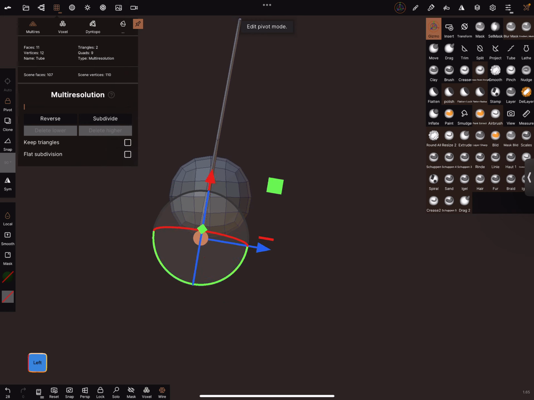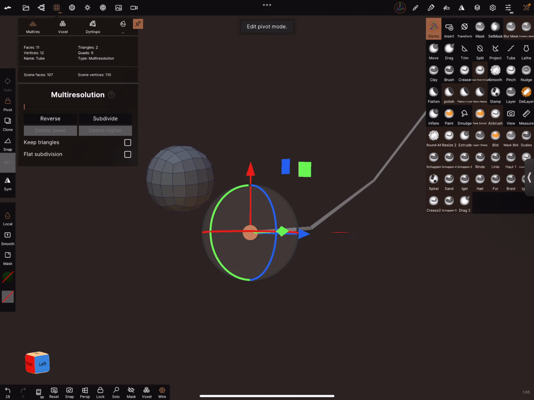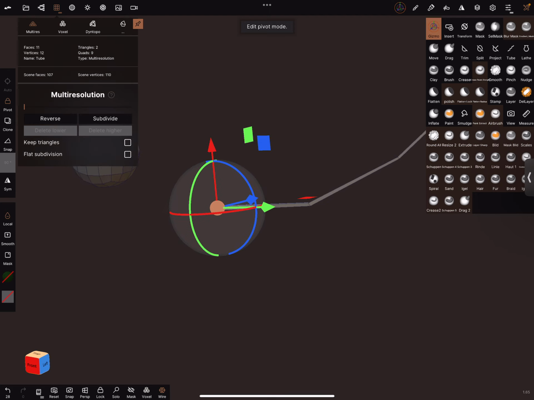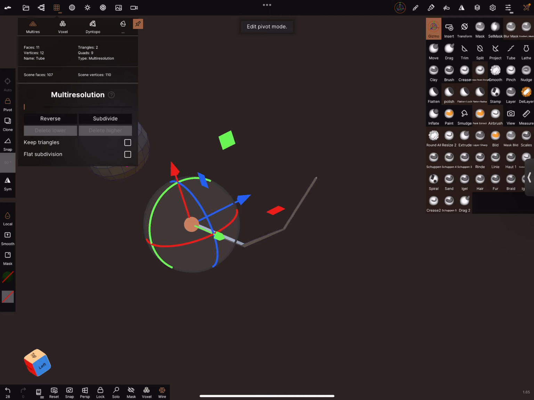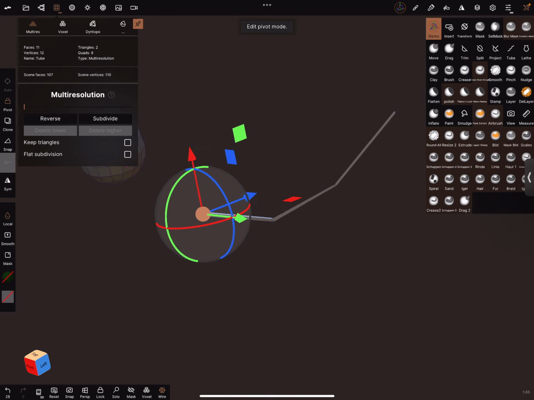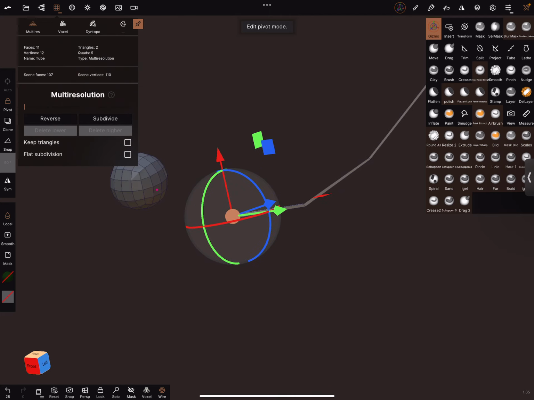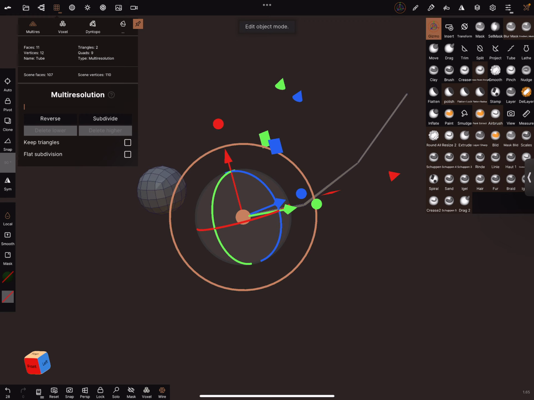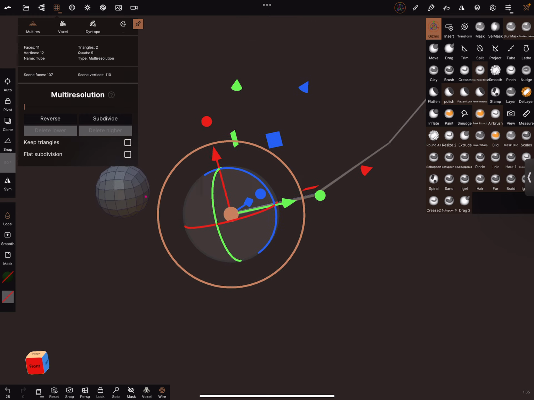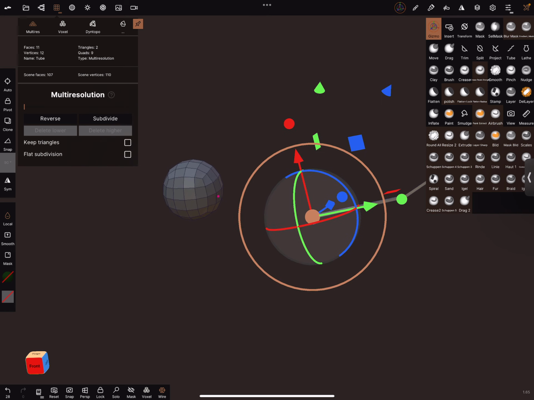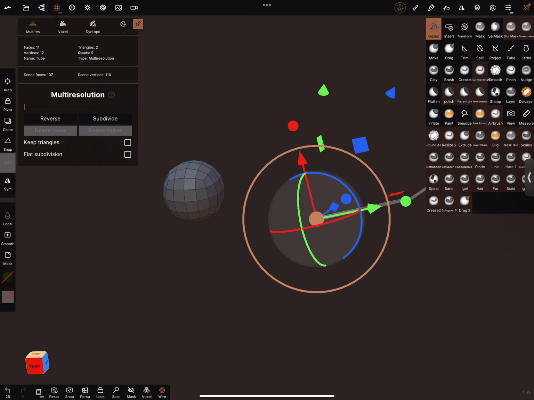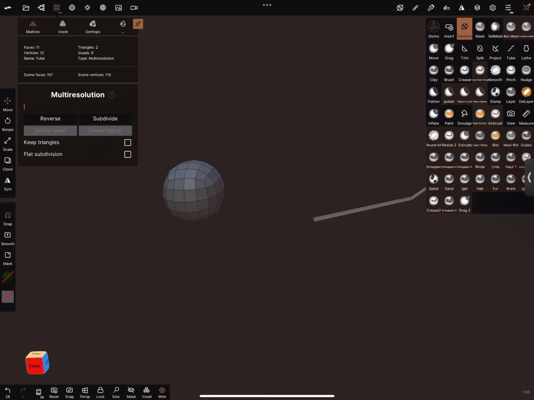I think this position is right. The green in this direction, the red up. Okay, I think it works. Lock the pivot. And now we can go to the transform tool, choose only the move and the snapping.